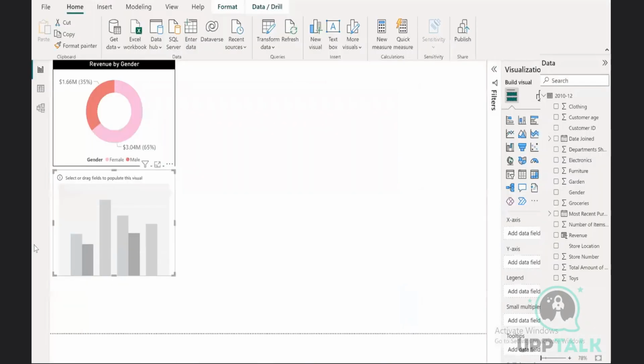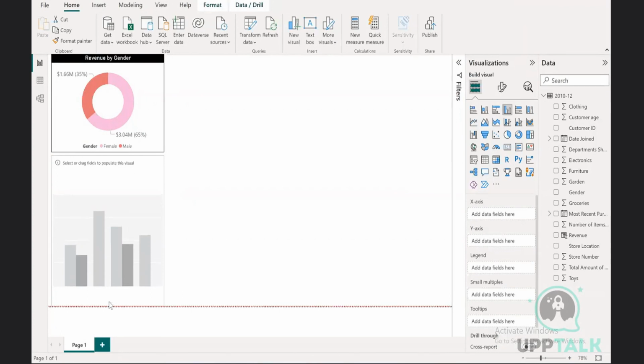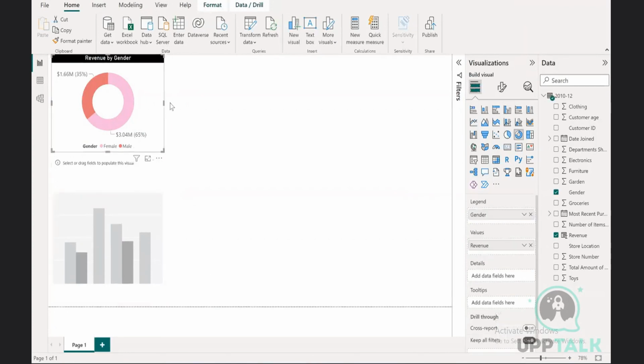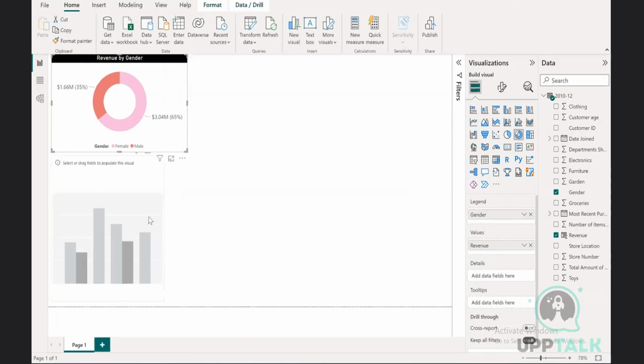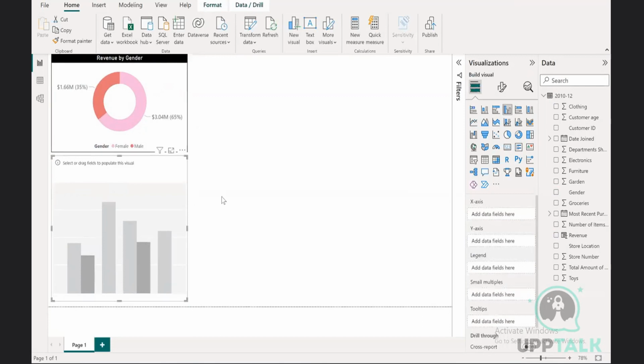Oops, small screen, yeah. So let's just expand this. Yes, perfect. Now this bar chart that I'm gonna explore here, let me start by bringing in